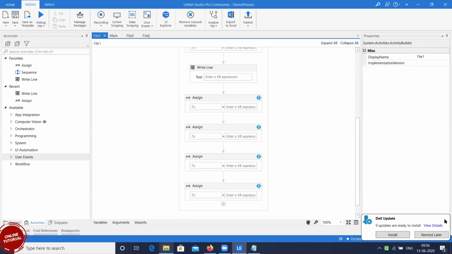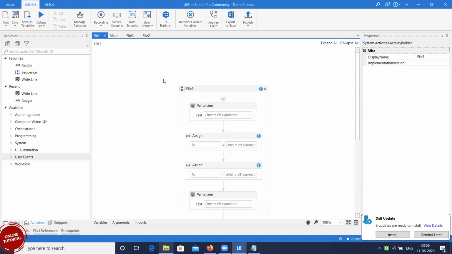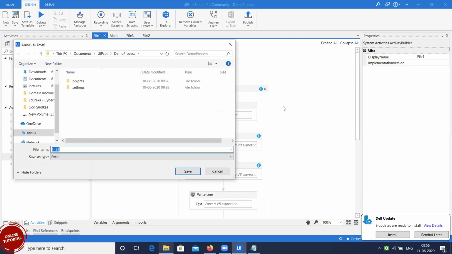So that is about analyzing the file. Next is export to Excel. Now coming to your previous point, that you have to show this design to your higher management or somebody in your management team. Instead of showing them this file, which for them is really not required, if you want to explain what you have designed and how you have designed it, you can simply export to Excel. It will create the structure for us.